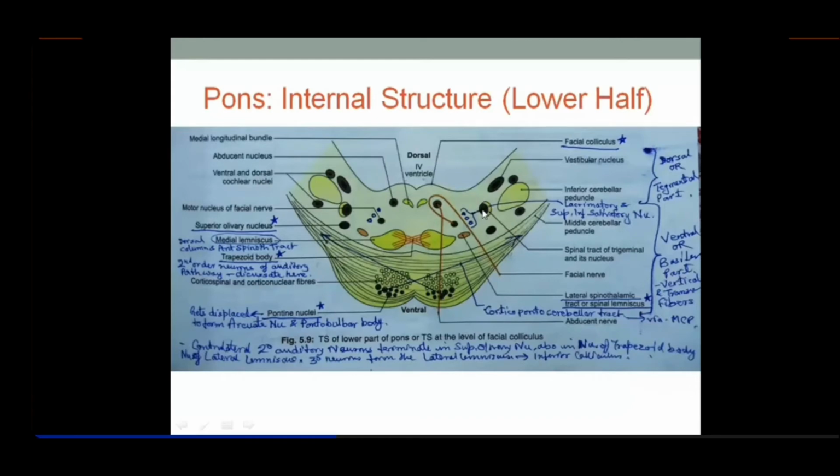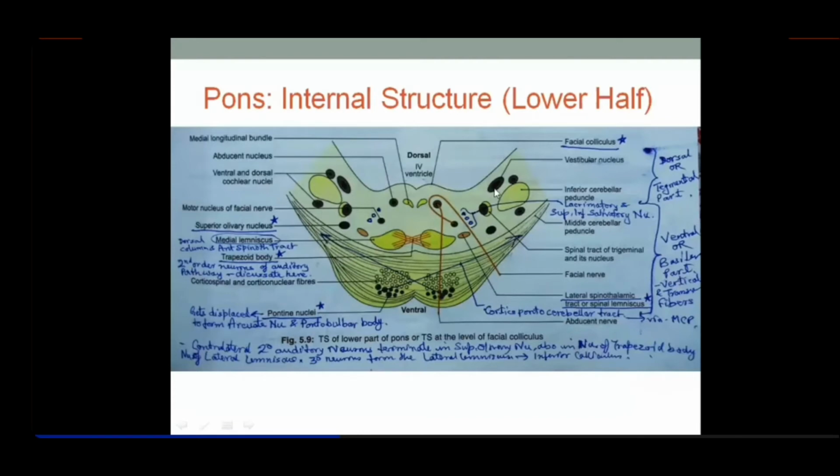Now there is another functional column, called special somatic afferent. And special somatic afferent, I told you, includes the vestibular and cochlear nerves, right? So the vestibular nerve, remember, is placed adjacent to this inferior cerebellar peduncle, but medially. The most laterally placed is the cochlear nerve nucleus. And cochlear has two nuclei, a ventral and a dorsal, on the two sides of the inferior cerebellar peduncles. And this is the vestibular nucleus.